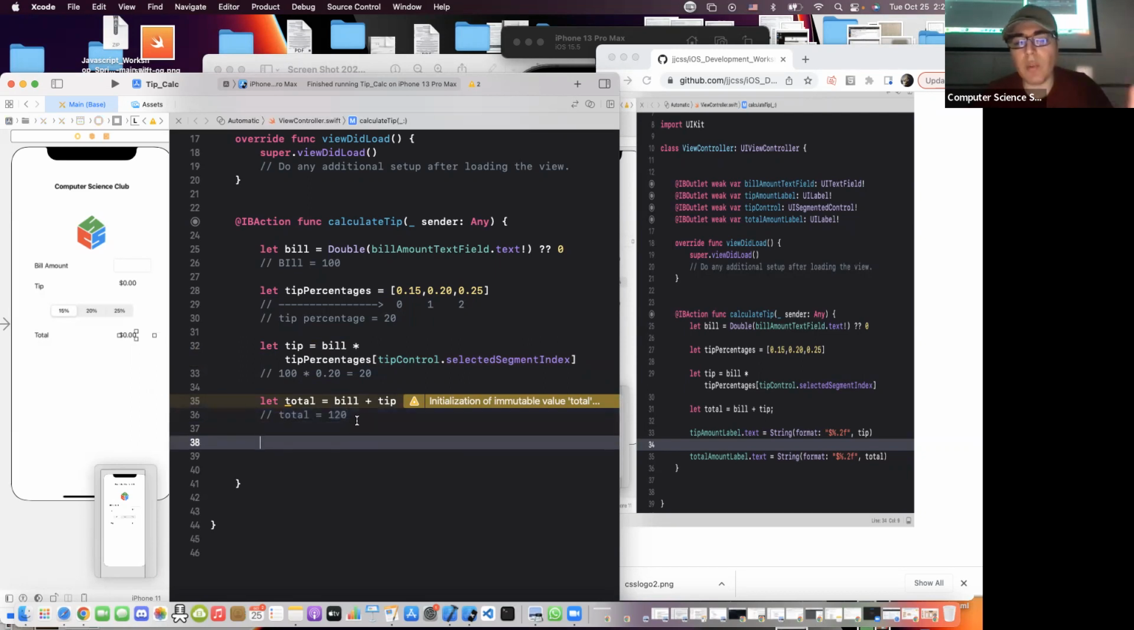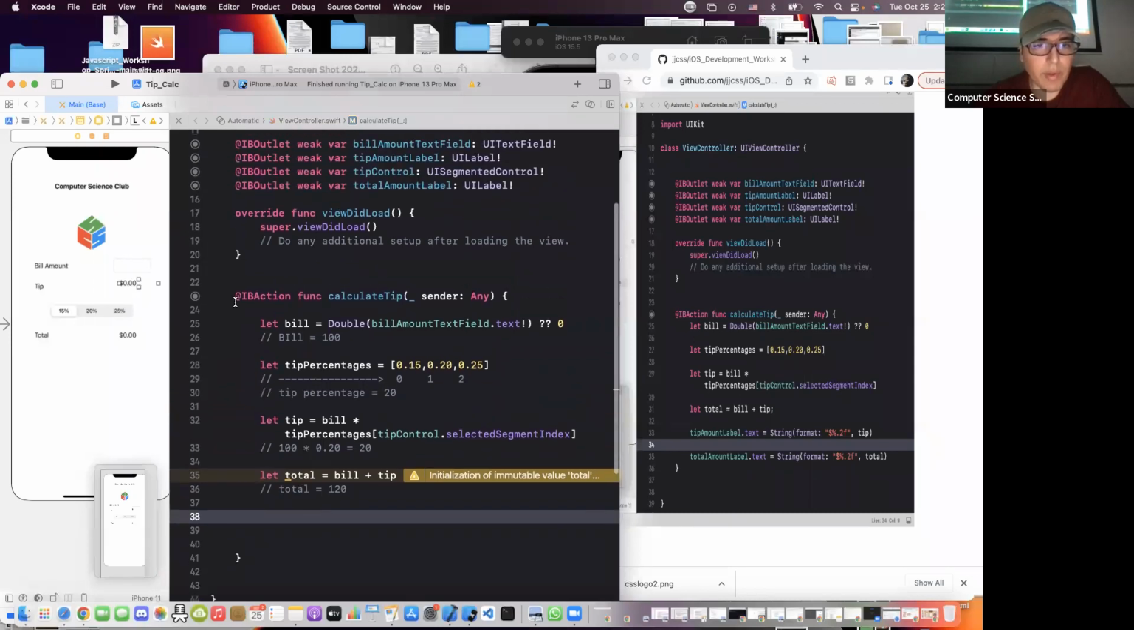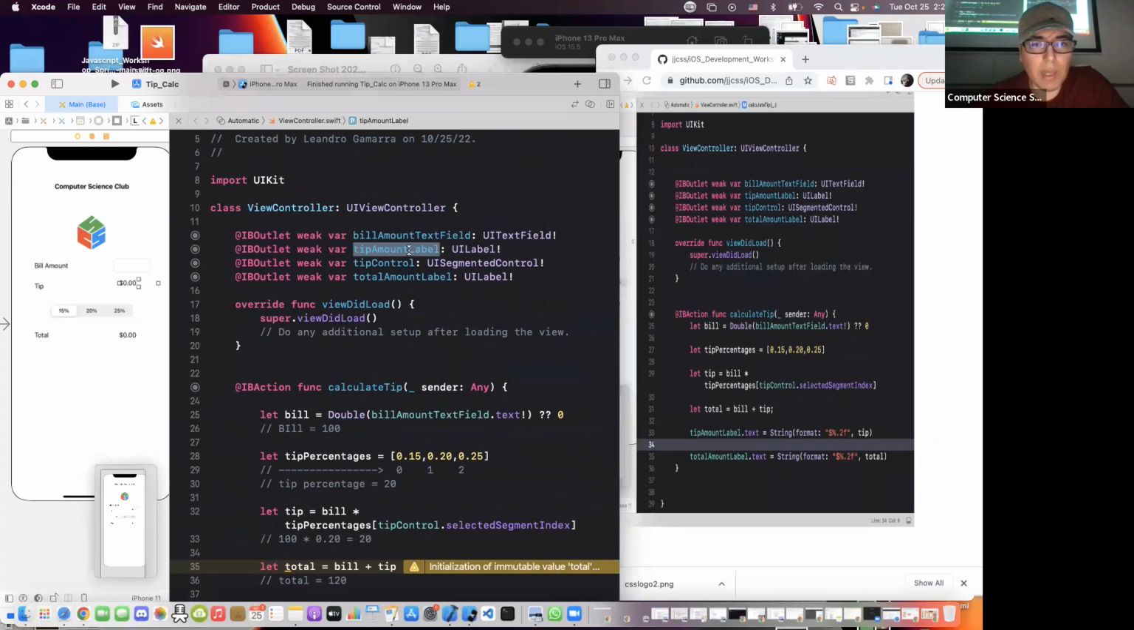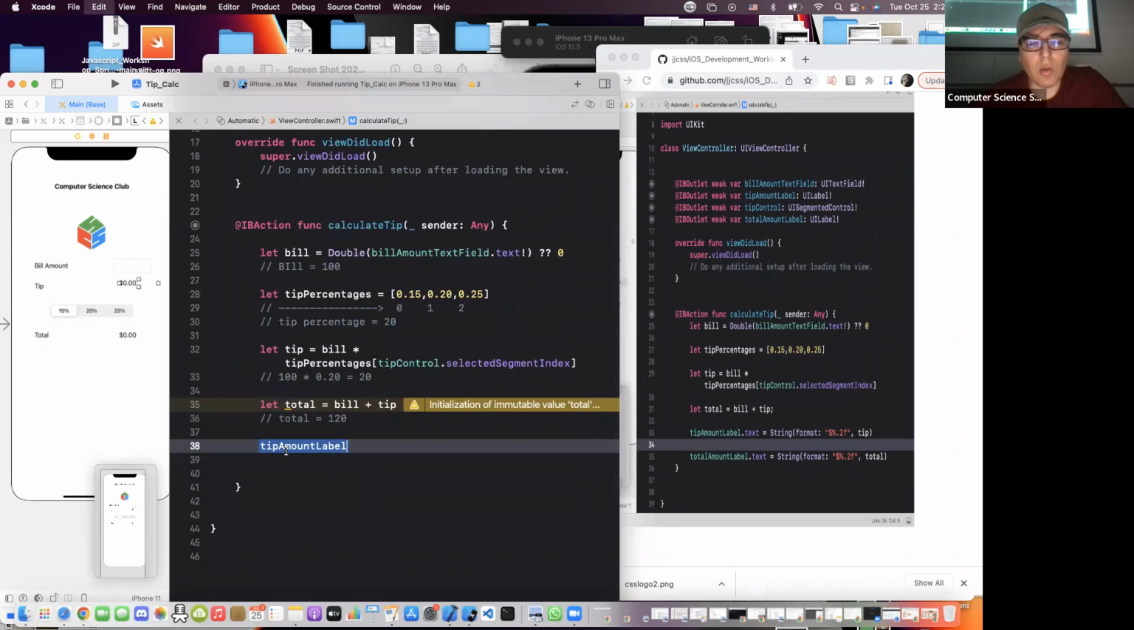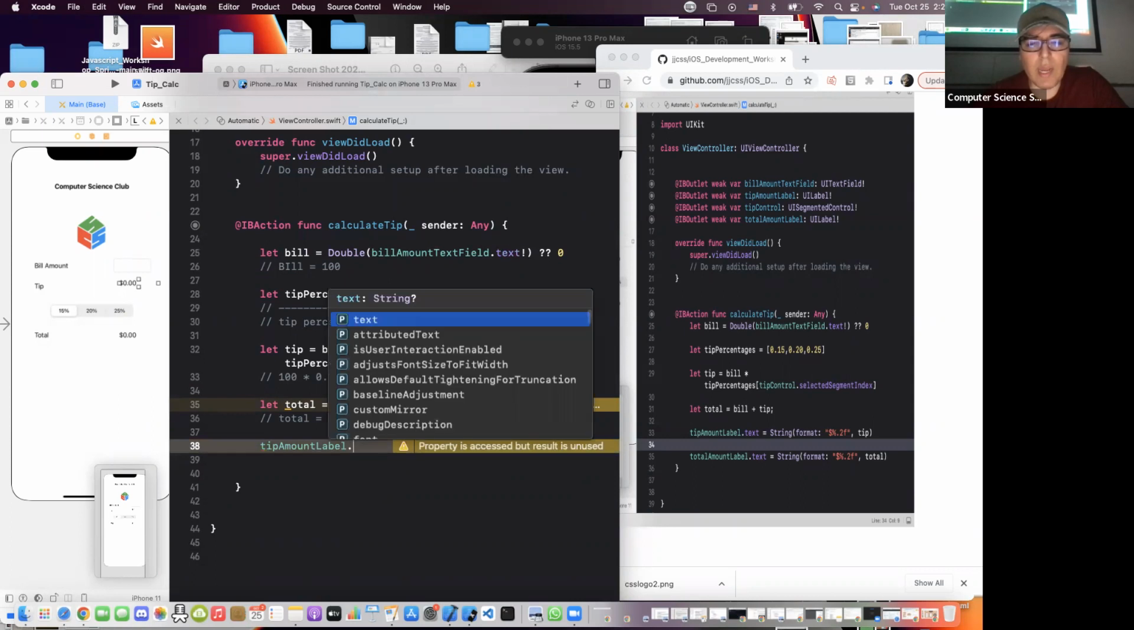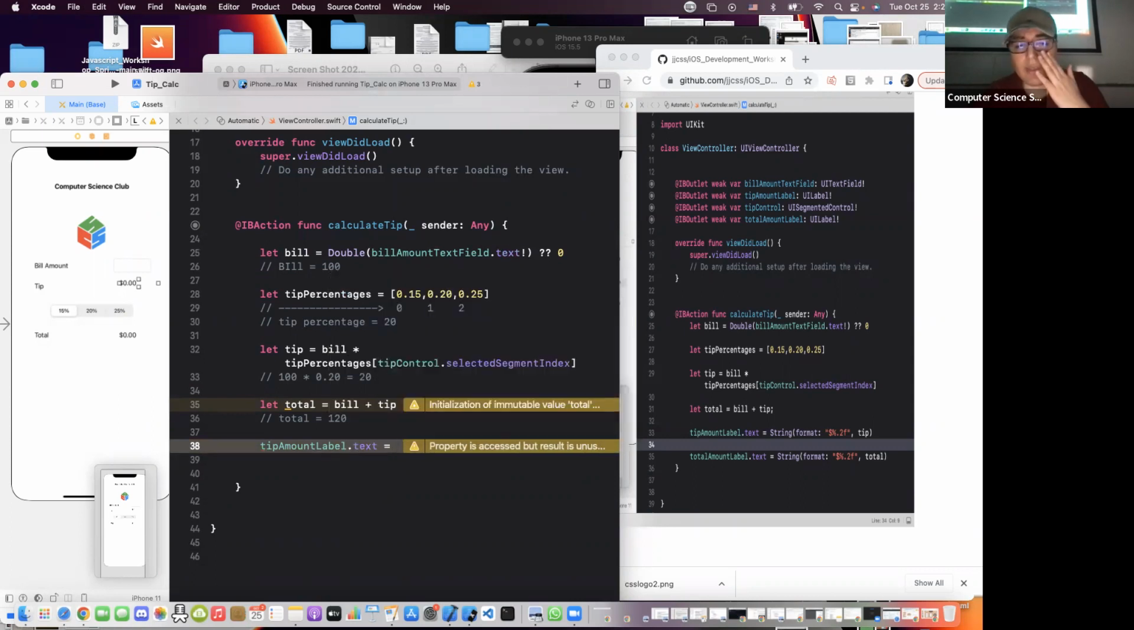And now that we've calculated everything, we've got the bill, we've got the tip amount, we've got the total amount. Now we actually want to display them in these two labels, right? Because right now they have a default value of 0. So let's do that. In order to do that, we know the name of this tip label we've connected is tip amount label. So let's copy that. We want to input a text, so similar to what we did here. We want to access that text, and we want to set that text to,